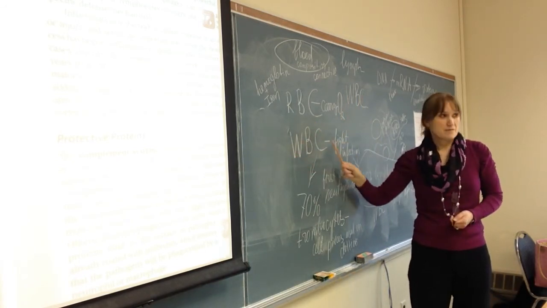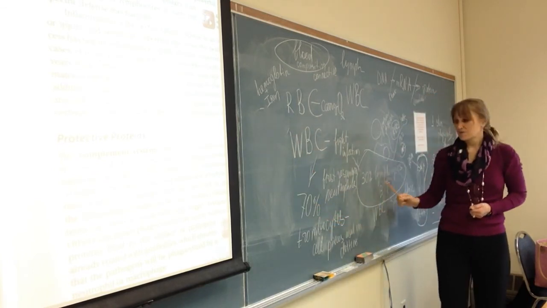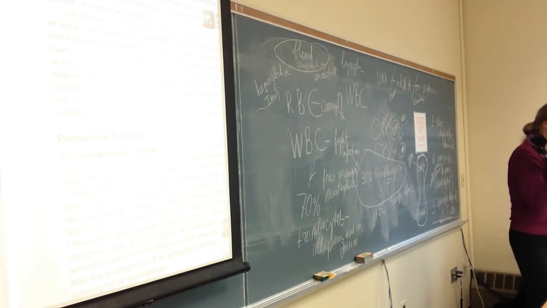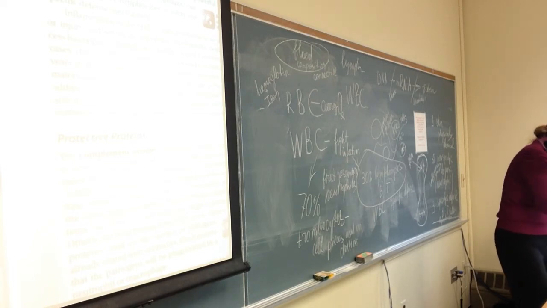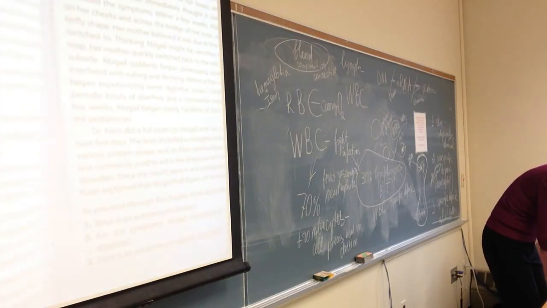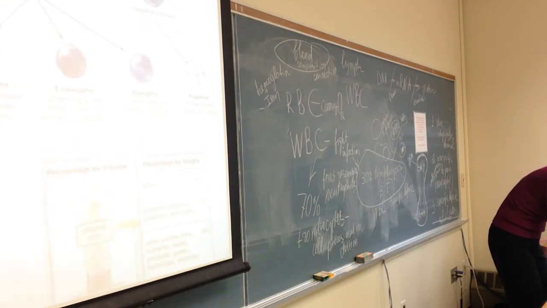White blood cells are mostly neutrophils, 70%. 30% are lymphocytes, and a bunch of others, they're just a smaller percentage of white blood cells. There are different kinds. Some are specialized for worms or something else. But anyway, if you look at that picture, that is a lymphocyte, about 30%,